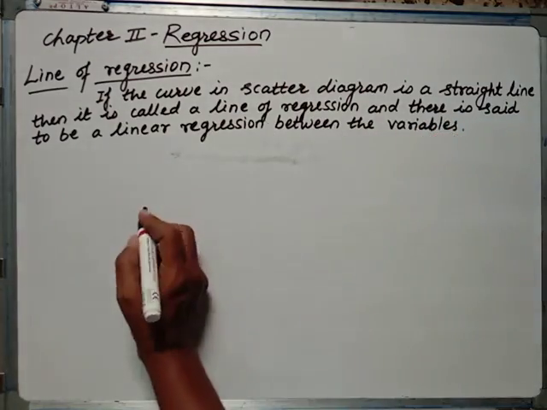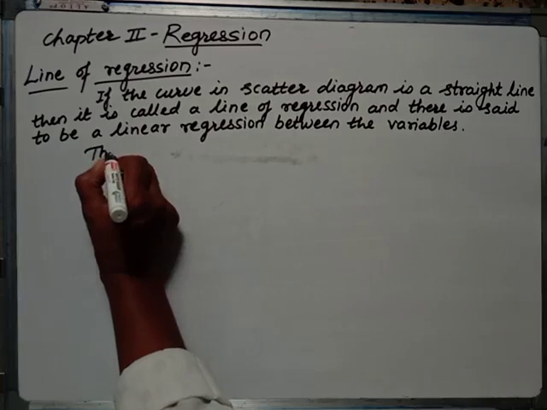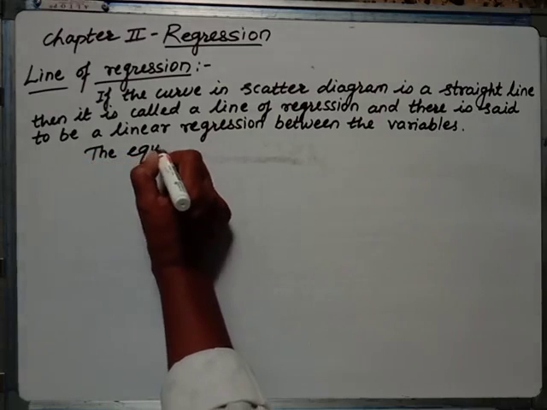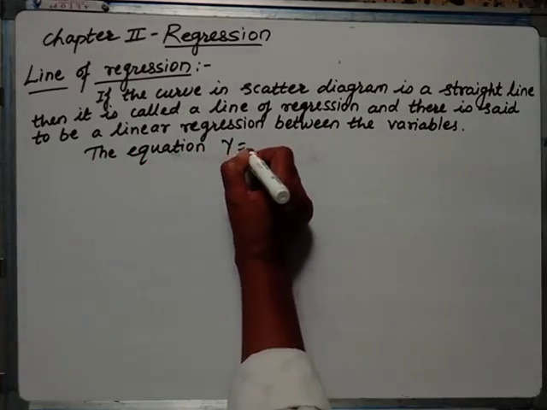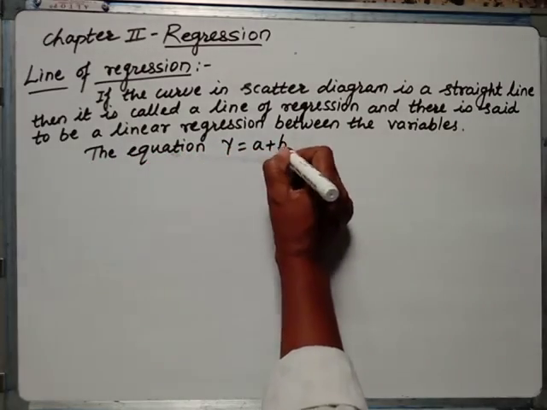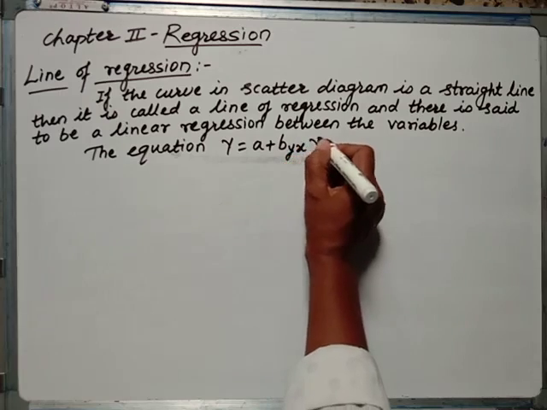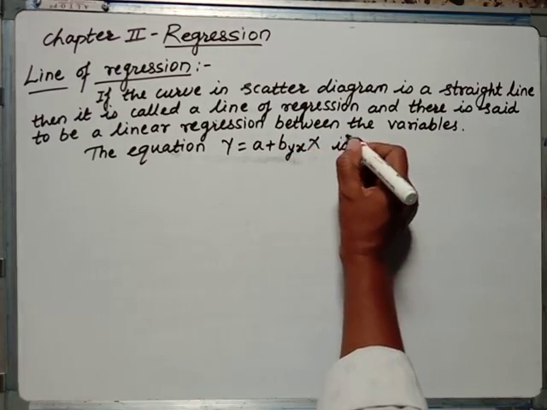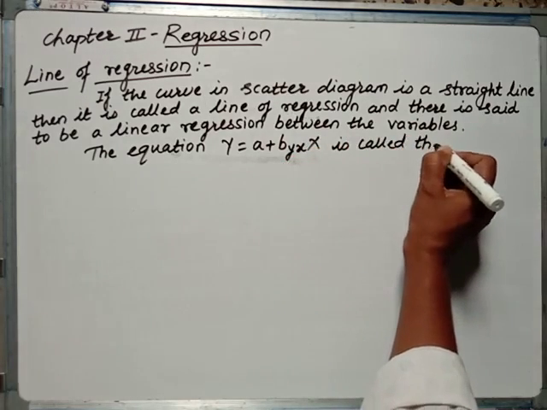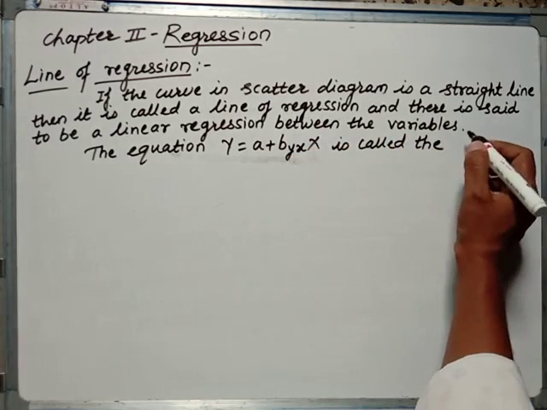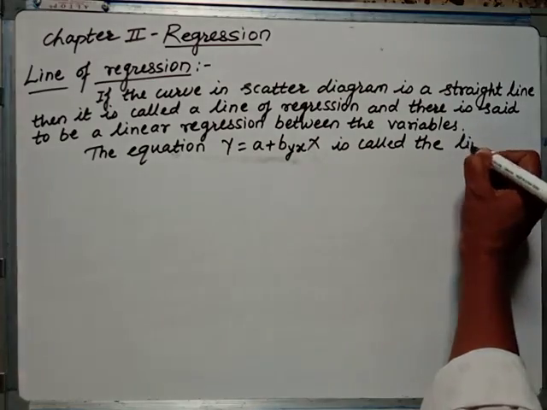Between the variables. Now the equation y equal to a plus byx into x is called the line of regression